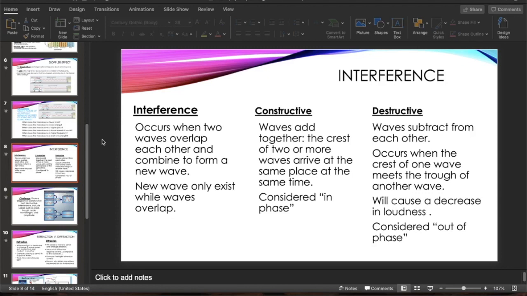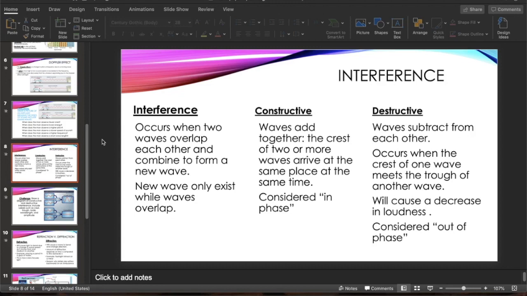Interference occurs when two waves overlap each other and form a new wave. The new wave only exists while the waves overlap. So if you have two waves going on together and they overlap into each other, then that is called interference. A constructive interference is when the waves add together, so the crests of two or more waves